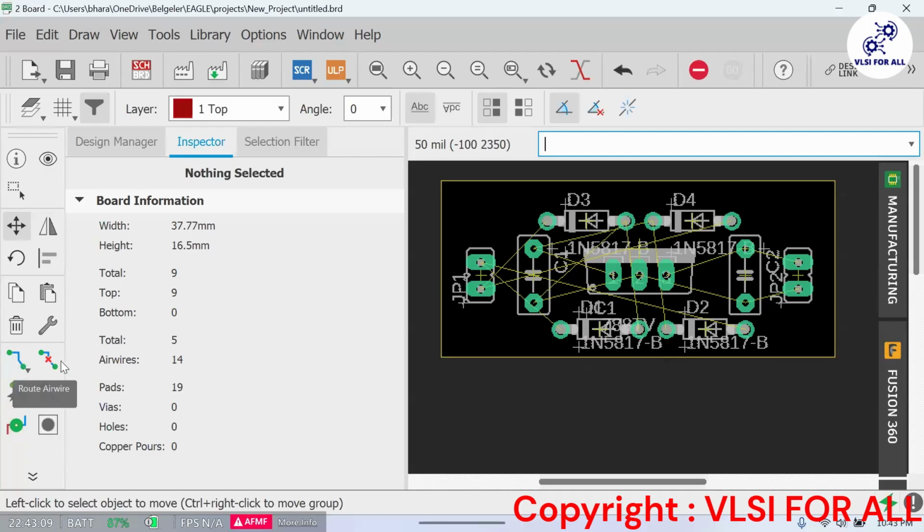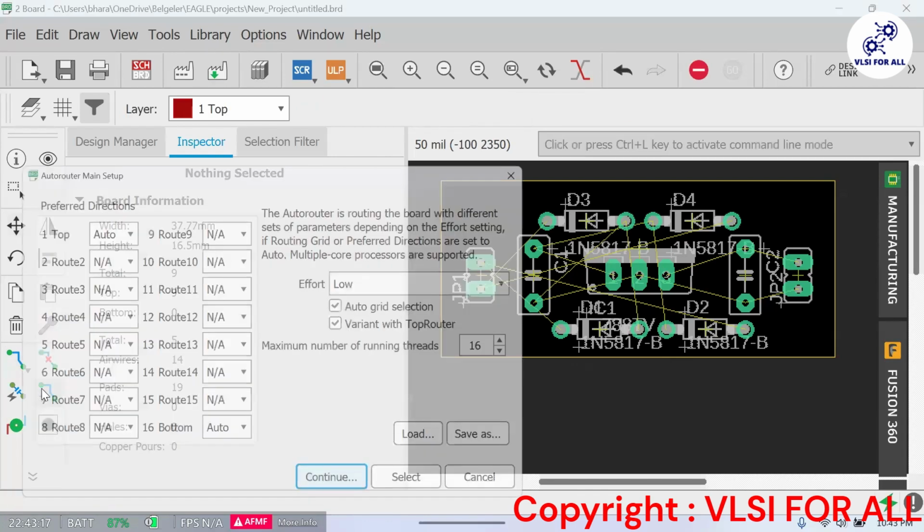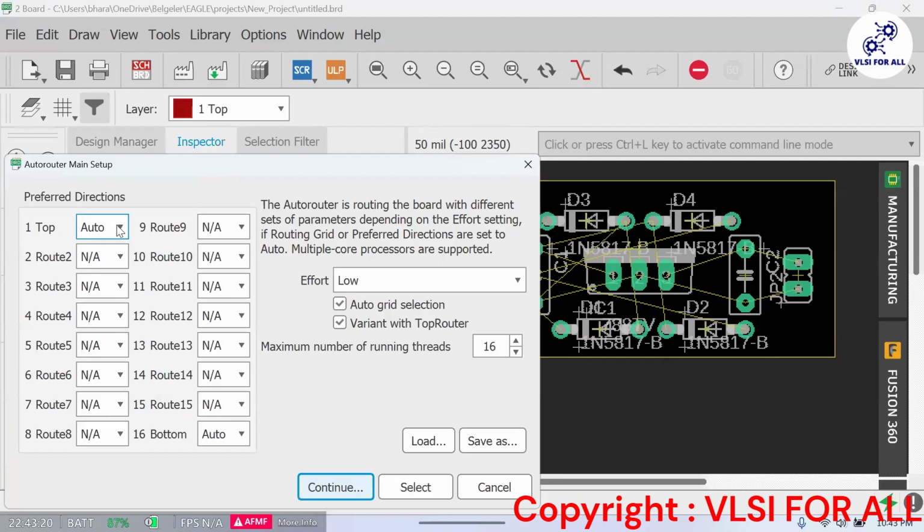You need to go for the auto router option. This is manual routing, and this is the auto router. When we click here, we don't need the top layer, we need the bottom layer. We put auto here.